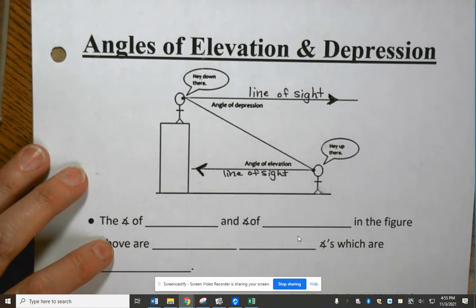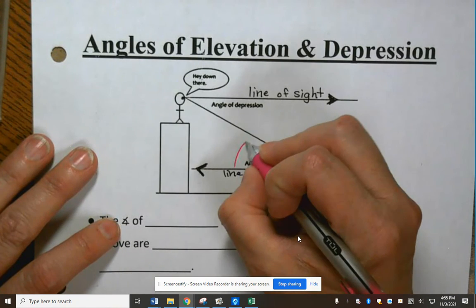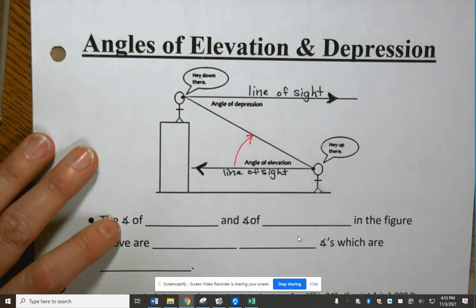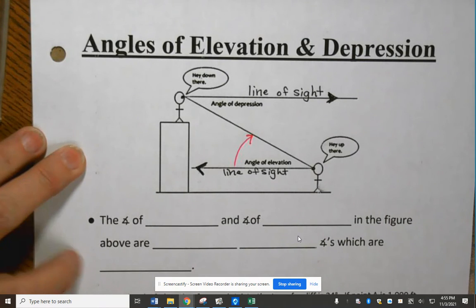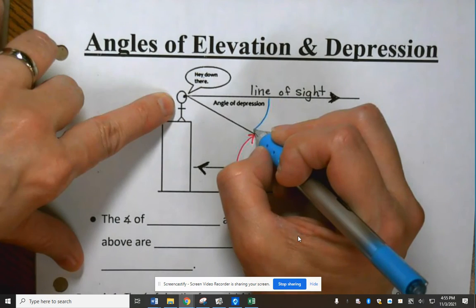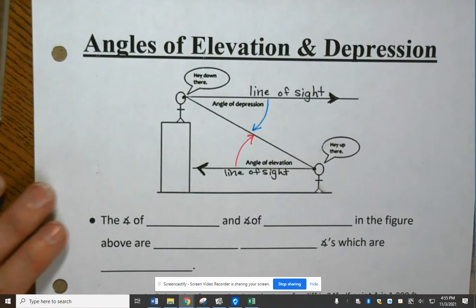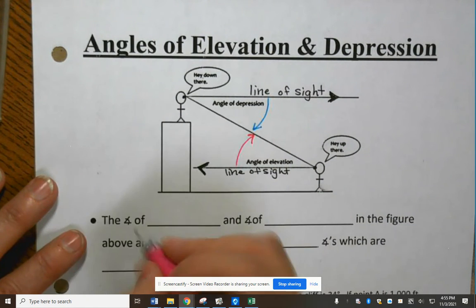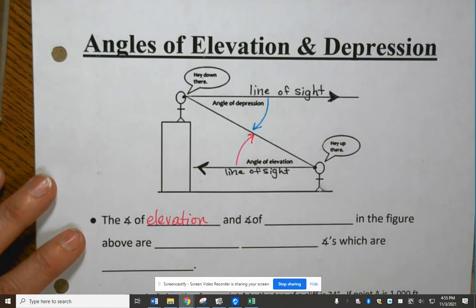Now, the angle of elevation. Think about what elevation means. It means you're going to go up. So the angle of elevation is from the guy on the ground, and he looks up at the guy on top of the building or top of a cliff. But the guy at the top, he's got to look down. So that's an angle of depression, to look down at the guy on the ground. So the angle of elevation and the angle of depression